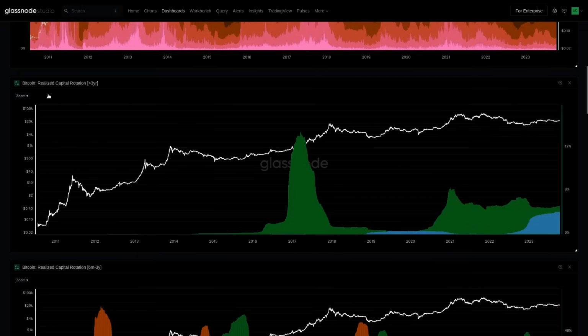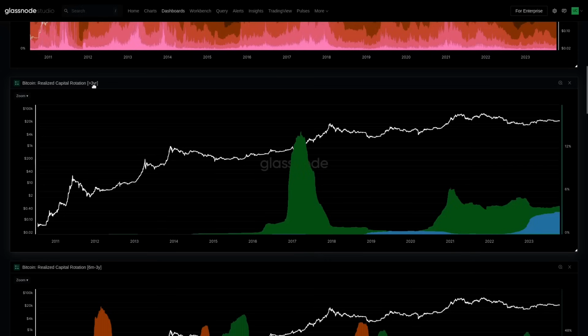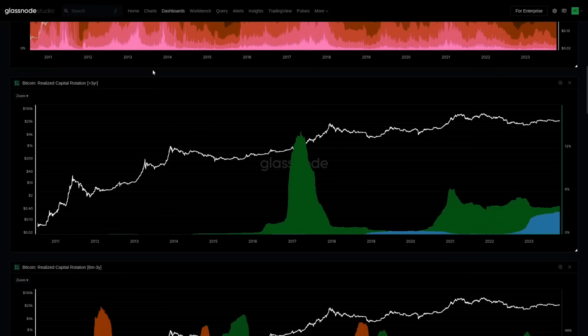So first things first, we're going to look at all of the wealth held in coins older than 3 years. Why did we choose older than 3 years? Well, there's a couple of reasons. One, Bitcoin has historically, not necessarily forever, but has historically had about a 4-year cycle. 3 years really captures the last cycle. Now, what we can also see is that this is in percent of the wealth held, or in other words, percent of the realized cap held by these age bands. You can see that we're getting up to about 3.5% by these two older age bands. Sorry, this is 3 to 5 years in green and 5 to 7 in blue.